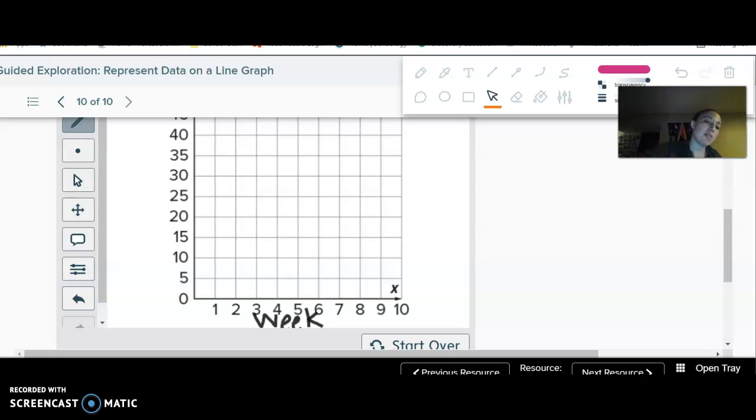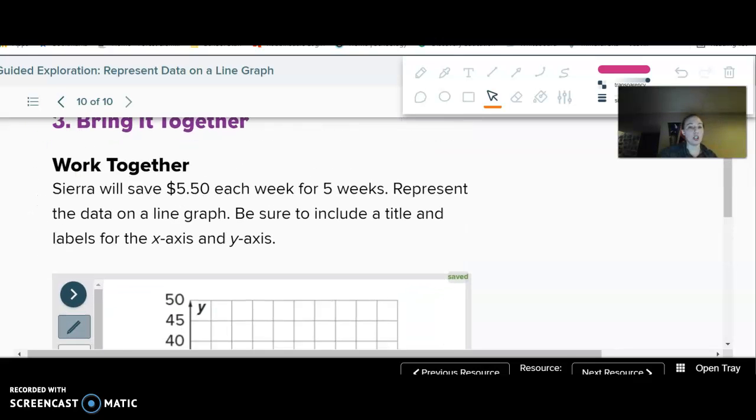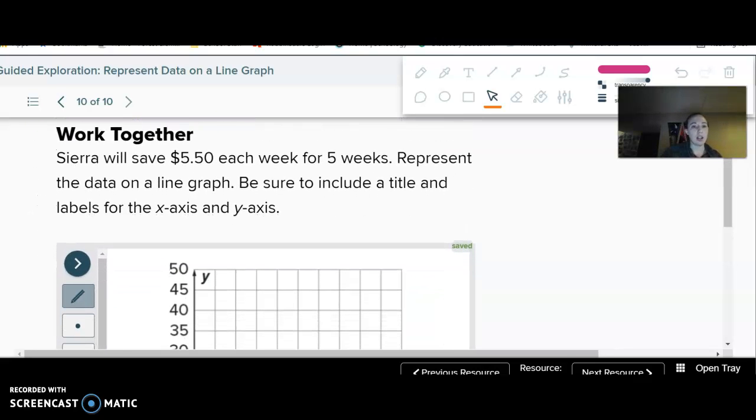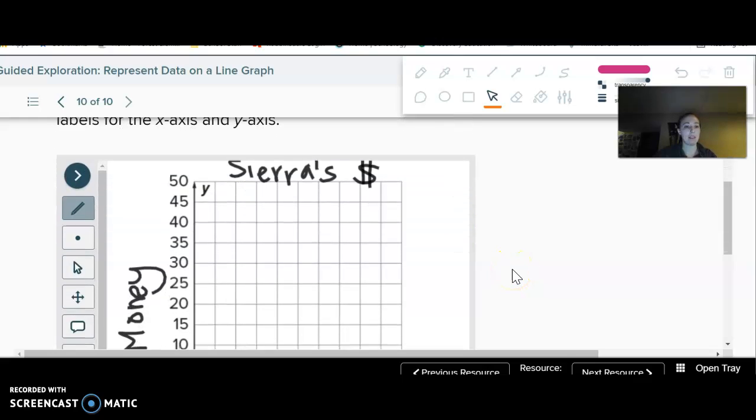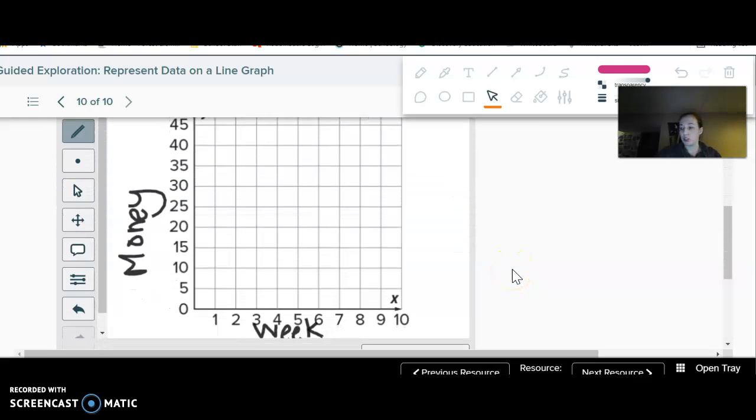Here we have money, or money earned. Our title, we could say like Sierra's money, right? Because it was Sierra talking about the money she had saved. So then week 1, we were at $5.50. So just a little bit over 5. Week